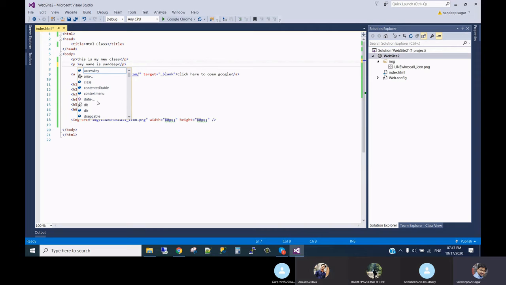It will take the black, because this is what is written in the next line. And if here I write a class again to make that paragraph blue, what will happen? It will be blue.